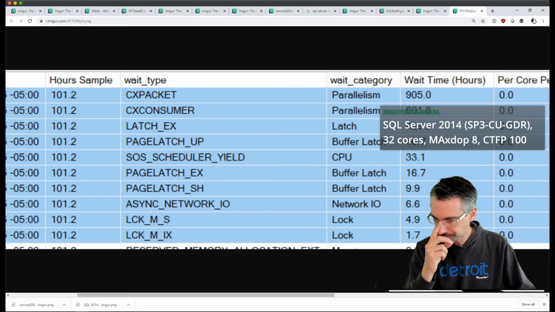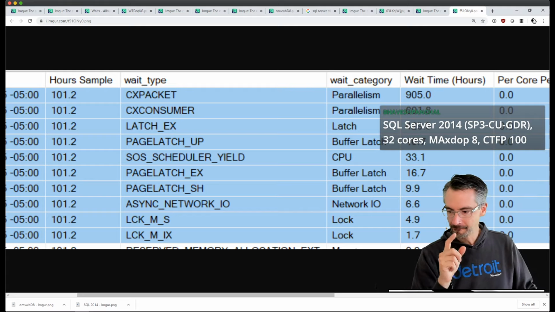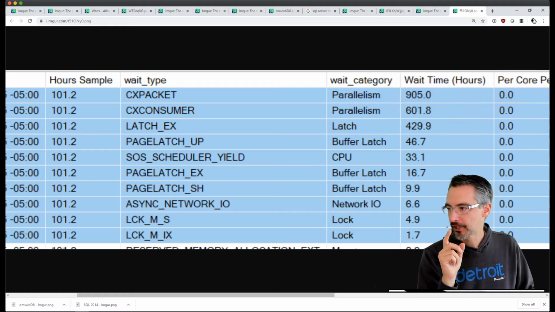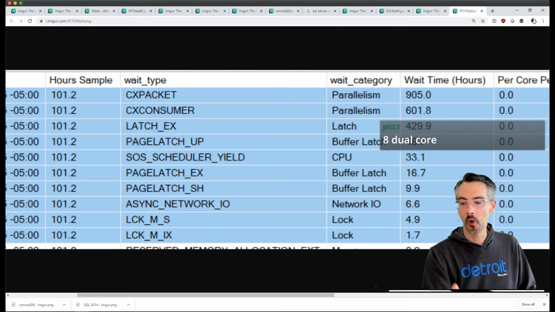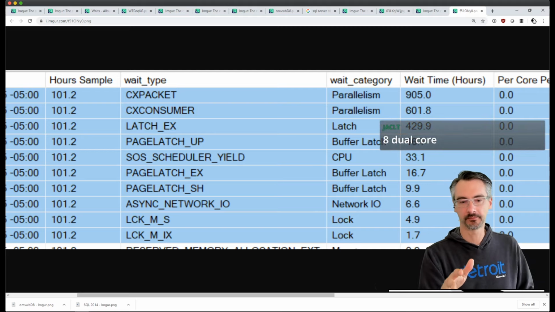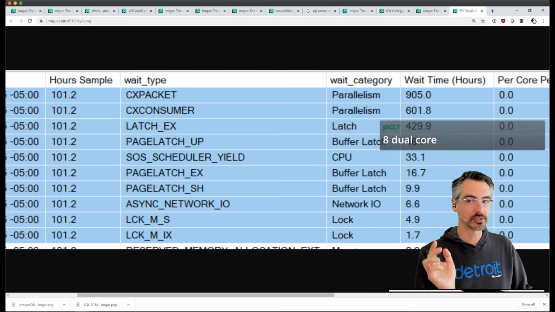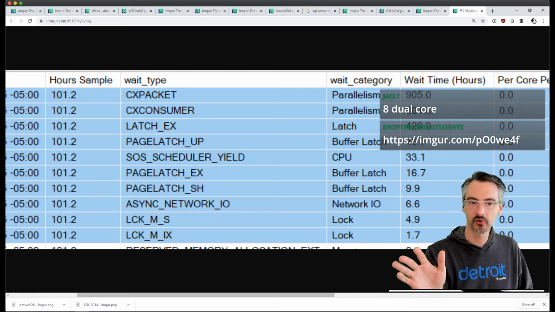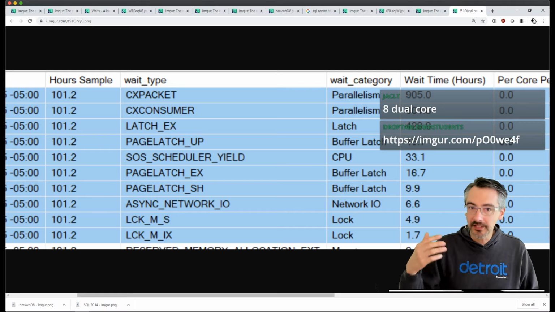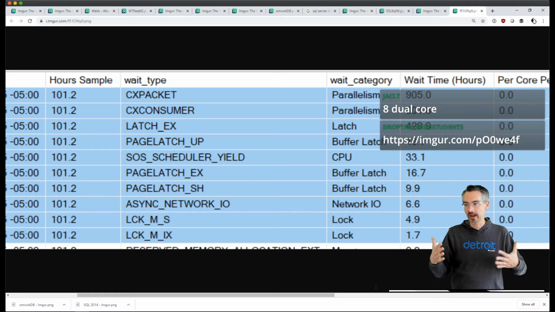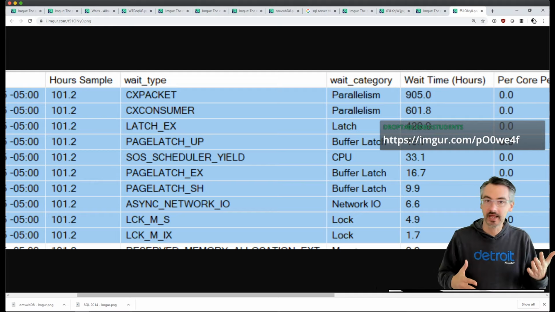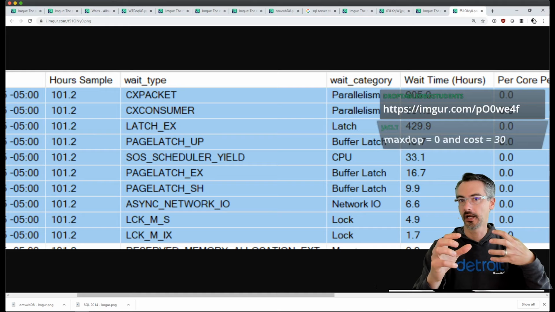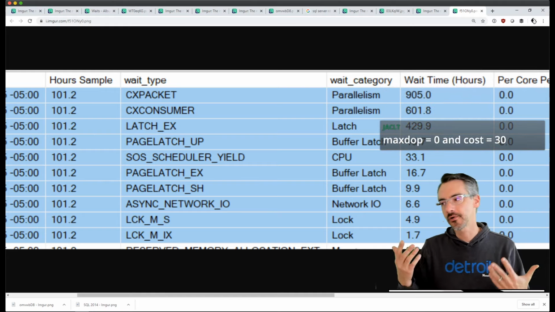Okay, so in yours, did you say cost threshold? No, you didn't. Okay, so Jack, if you want, get cost threshold for Parallelism and MaxDOP, because you have Parallelism gone wild. This is 8 dual core. You have Parallelism gone wild Spring Break edition. You have Parallelism going wild and crazy, reading lots of 8K pages that are cached in RAM, and even having contention for 8K pages that are cached in RAM. As in, like, objects want to lock things. It says MaxDOP 0 and cost equals 30.